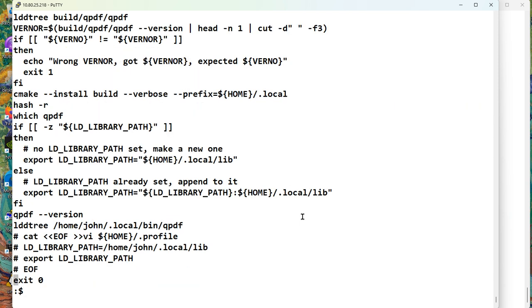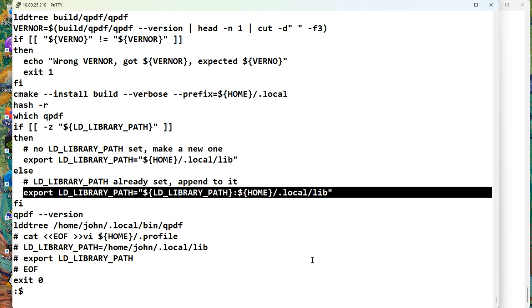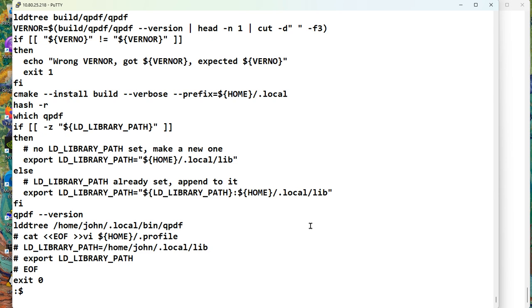So how can we make sure, in this case, there's no problem. If it's empty, we can't get a duplicate. So this case is too dumb. This case says, if I have an LD_LIBRARY_PATH, add this. And what we need to say is, if we have an LD_LIBRARY_PATH and that's not in the LD_LIBRARY_PATH, then add it to the LD_LIBRARY_PATH. And that's going to take some tricky shell logic. So